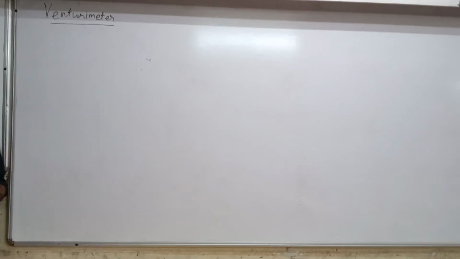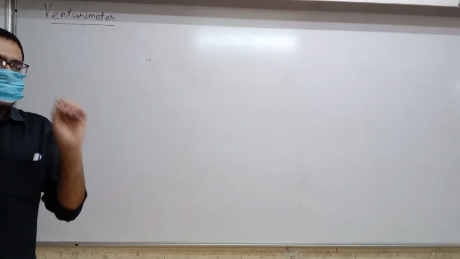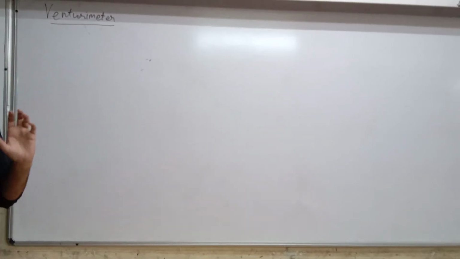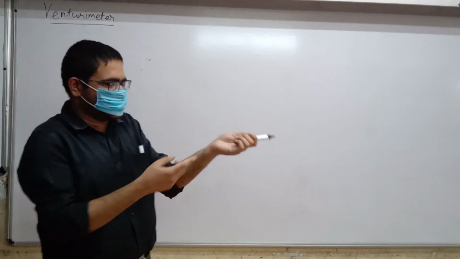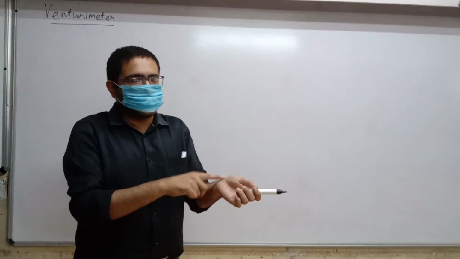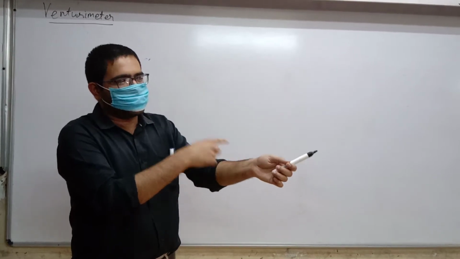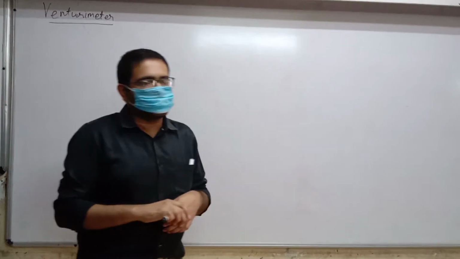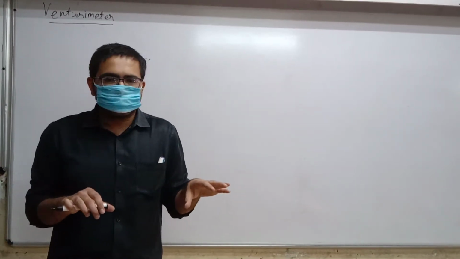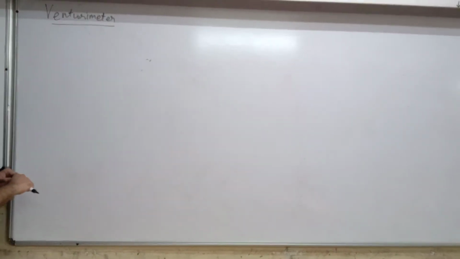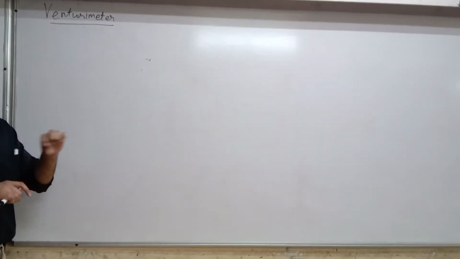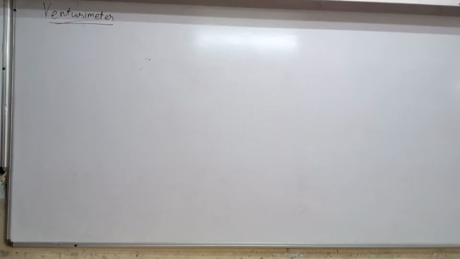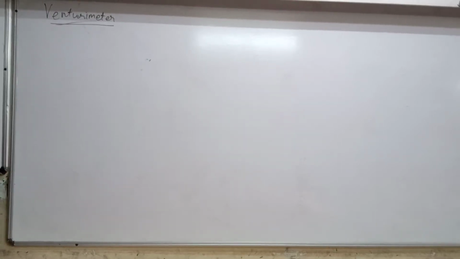Okay, what is a venturimeter? A venturimeter is a device that is used to measure the speed of flow. For example, you might ask how fast blood flows in our vessels at a particular place. Here the speed would be different, over here it would be different. Or you want to find out how fast water is flowing in a pipe, or how fast gas is flowing in a gas pipeline. All such speeds you can measure by using a venturimeter.